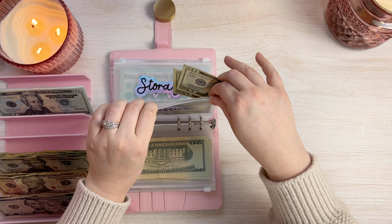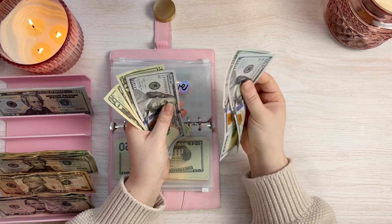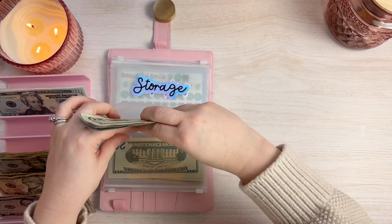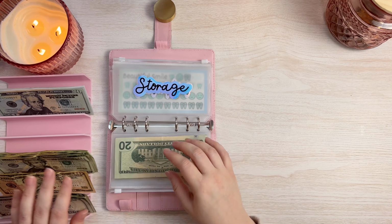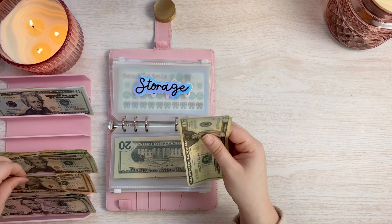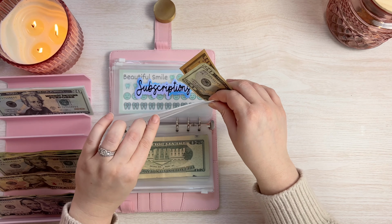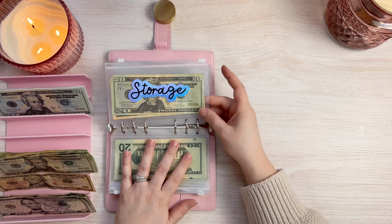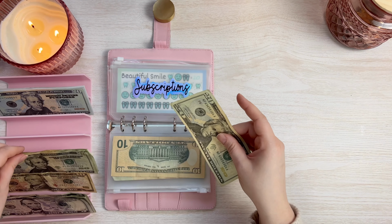And I collect this envelope for 6 months, so there is some cash in here. I have 100, 200, 300, 20, 40, 60. So 360 in Progressive right now for our car insurance. Storage is going to get $30. So 20, 30. And I believe that is the correct amount. This is for our storage unit. And then subscriptions gets... Wait,